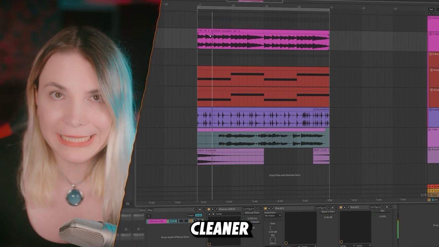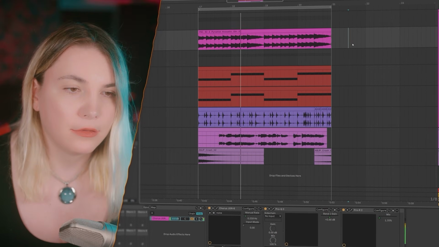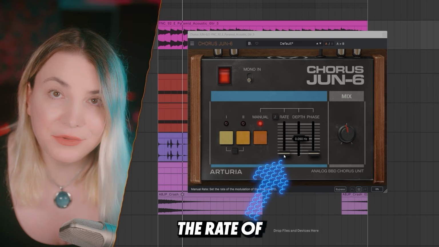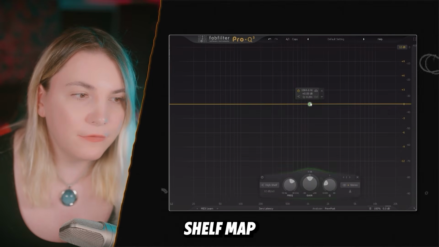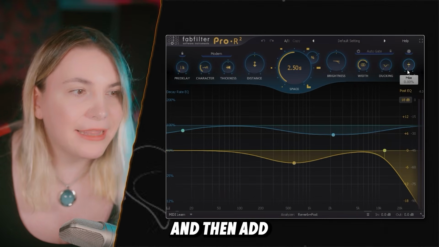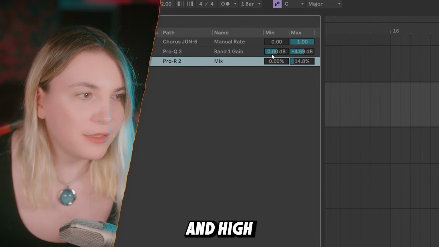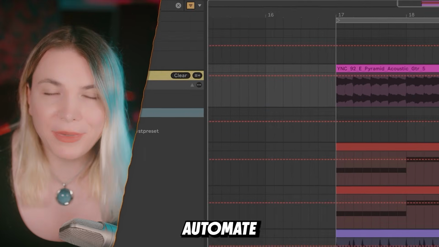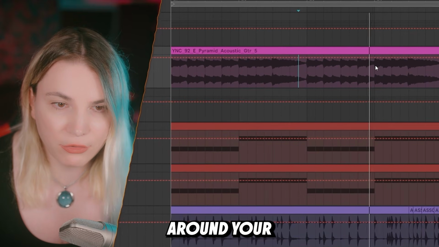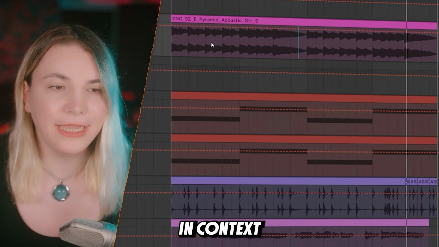When you have cleaner sounds like this, add a chorus, map the rate of the chorus and a high shelf, map the gain to the same macro, and then add a reverb, map the mix to the same macro. Reverb up to 15% and high shelf up to 5 dB. Automate the cutoff to create tension around your turnarounds. In context,